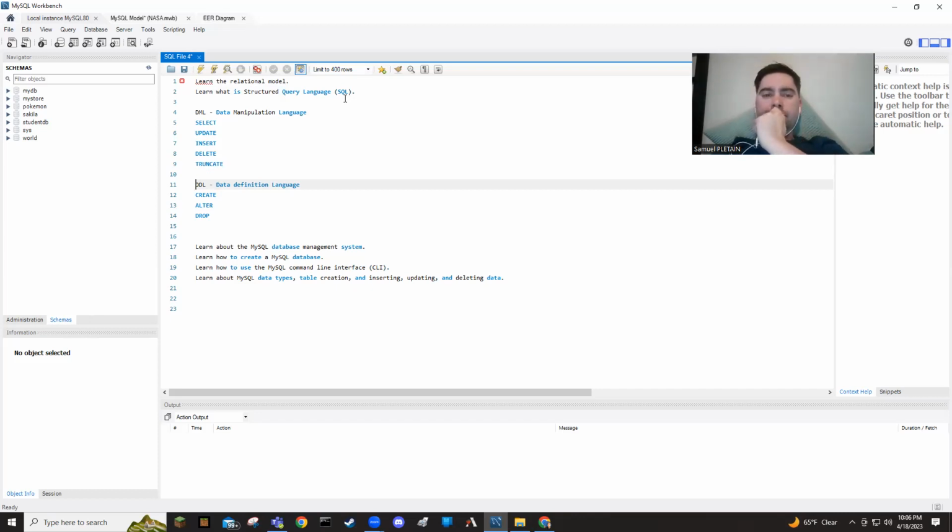DML, or data manipulation language, is what we do inside the database. It's how we insert the data, change the data, delete the data, and select the data. There are 5 basic commands. Select, which means go get the data. Update, which means go change the data. Insert, which means go put in the data. Delete, which means delete the data. And truncate. Delete and truncate have the same end result,